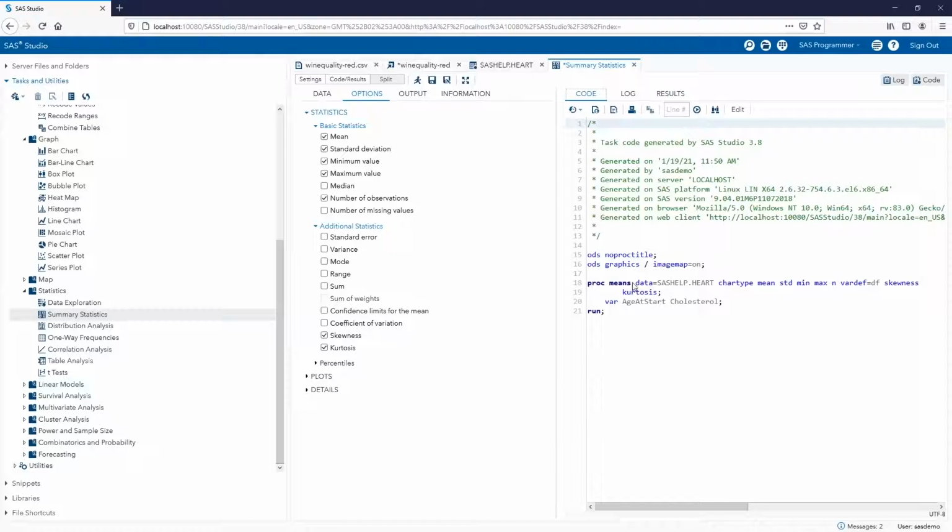Looking at the code, we see it's the proc means procedure SAS Studio utilizes to give summary statistics of the data set HEART. We've chosen to include the mean or average, standard deviation, minimum, maximum, n, which is the number of observations, the skewness, and the kurtosis.